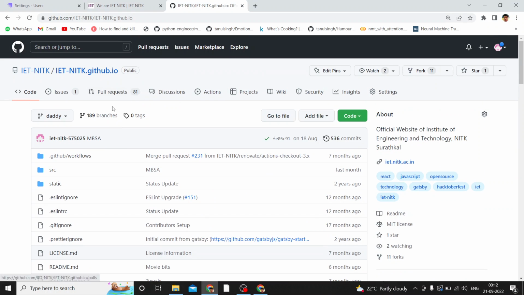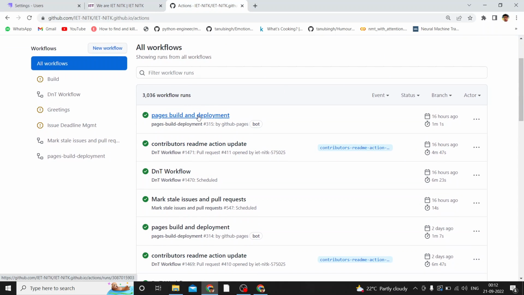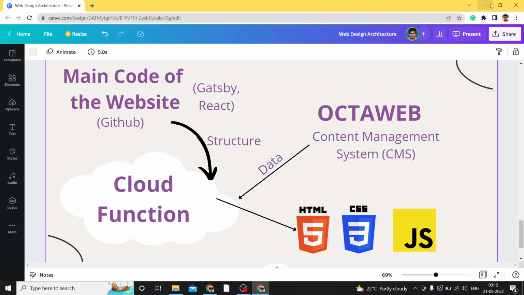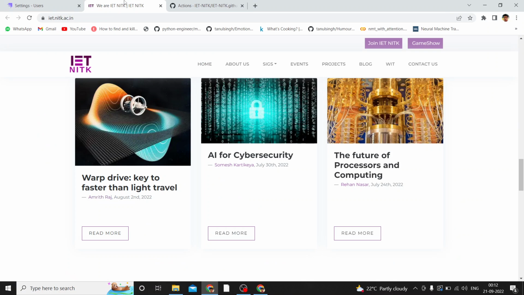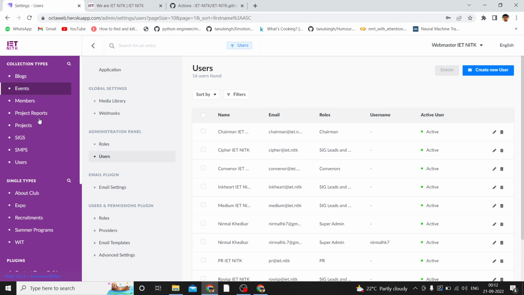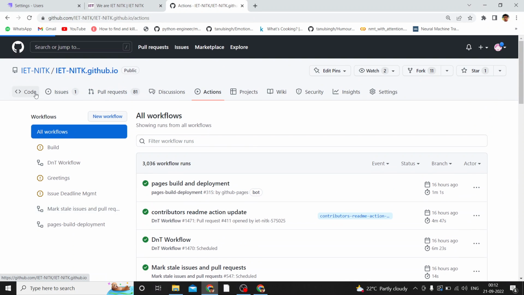So basically what happens is, in the github.io, that is our IET NITK.github.io, there's something called actions, and in these actions we have this particular thing, the page build and deployment. This is basically the cloud function which I was telling you about. So what this cloud function does, this page build and deployment function, is run every day. It runs at 2 a.m. and it basically extracts all the data from this particular CMS, that is OCTAWEB,